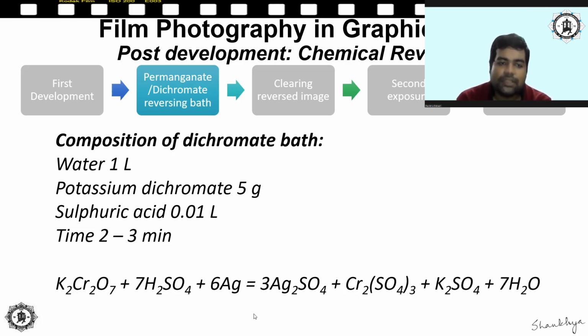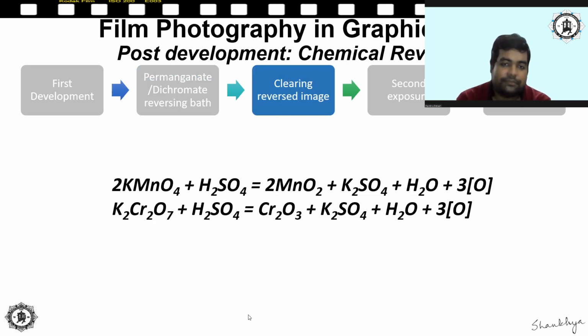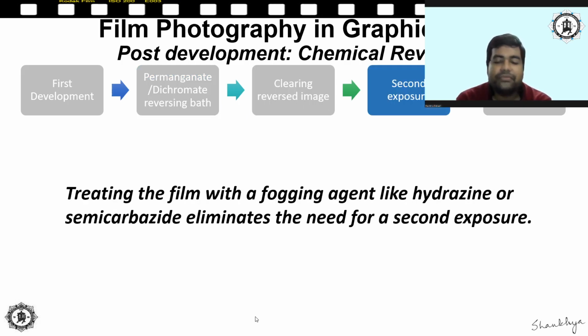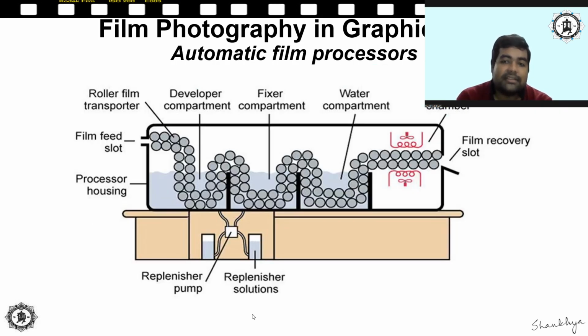Alright? So this is basically the reaction. I'm not going into the detailed reaction of it. I've explained the stepwise process, not going into much of the chemical reaction details. Alright. So with this we come to the end of the photographic development and photographic chemical intensification, chemical reversal processes. Now next, this is an example. This is an image of the automatic film developer. Basically, we have one in our lab.